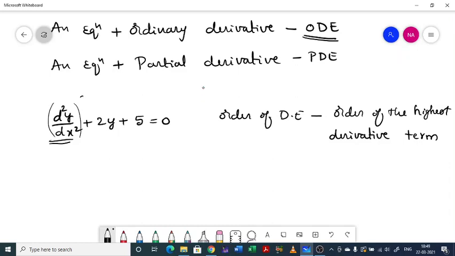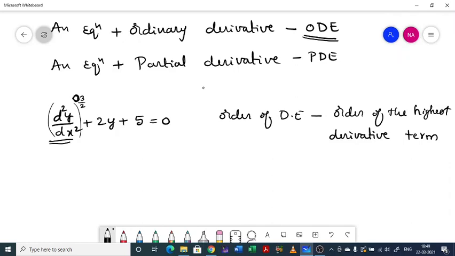See, suppose if you have here 3 by 2, we cannot say that 3 by 2 is the degree of that differential equation. Sometimes it is possible to remove that fractions. So in such case, you have to remove that fractions, then whatever the term you are going to appear at this point, that will be the degree of the given differential equation.